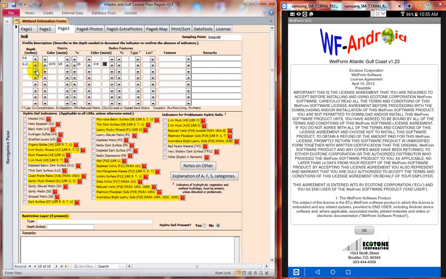And let's say you end up with more than just one set of mottles. What you can do is go plus mottles, and you can add your multiple mottle colors along this line. And then when you're done with your mottles, you can add your next soil horizon. So you'll see that in both the soils and the hydrology, you have all your factors listed, and you'll see